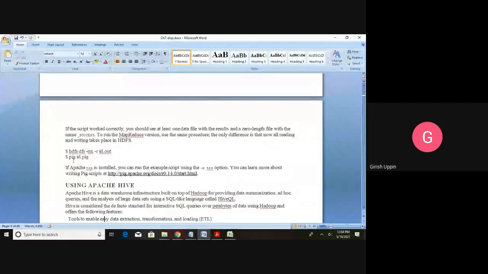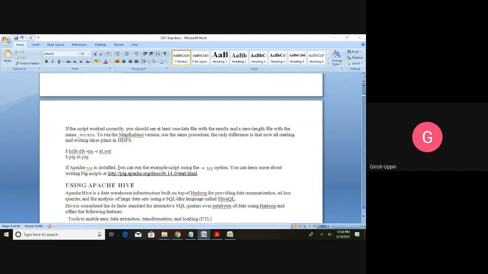If you are not providing any parameters, then it will run on the cluster. So here is the example: pig, then directly the script name. It will run on the cluster as a MapReduce. And if you have Tez installed, you can give the option -x tez, and then it will use the Tez engine.